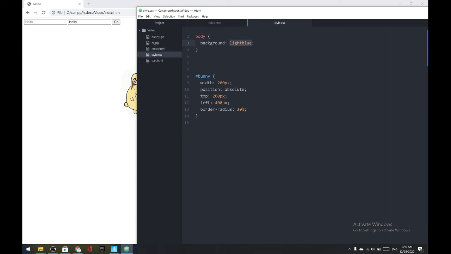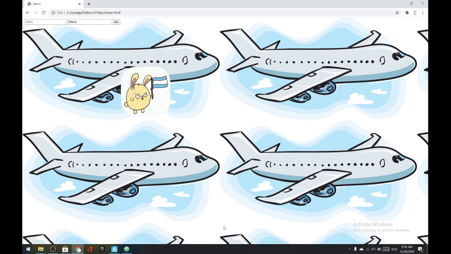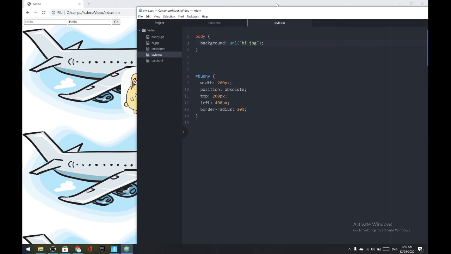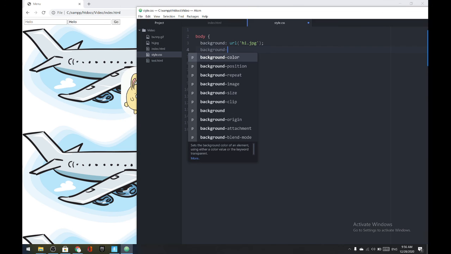And if you guys don't want it to be a solid color, you could just say url, and then these brackets, and then you write either single quotes or double quotes. It's fine either way technically. And then you could see over here, hi.jpg, we can make that our image, and there are planes everywhere. If you guys don't want this many planes, then you could say over here, and also if we just write a single quote over here and a single quote there, it'll just do the same thing, it won't change. But if we go over here and we write background size,